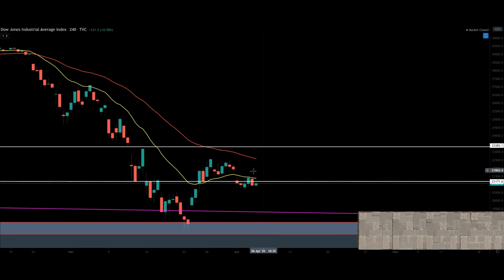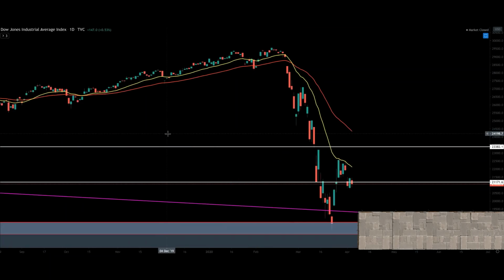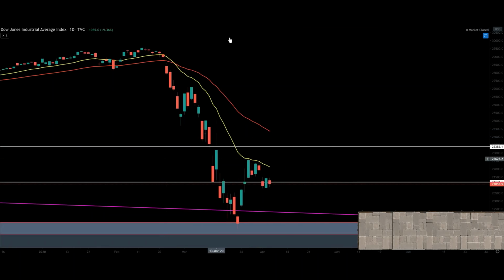Do we see it spike back into this exponential moving average ribbon band, or are we going to come back down to support and test this previous support area? Again, from a personal perspective, I believe there's still more downside to come. You can see on the daily, it's a clear rejection off the exponential moving average, and we've come back down. Monday's open is actually imperative looking at this right now, because we could break this 21,000 support once again,